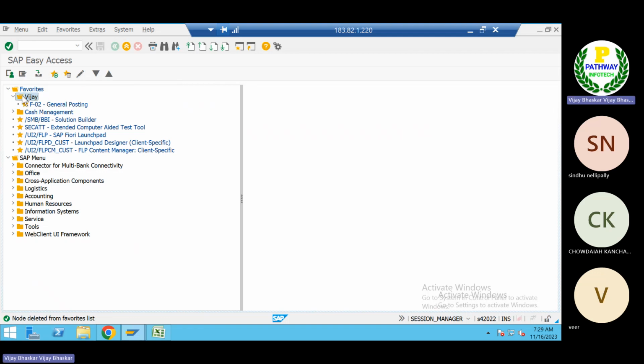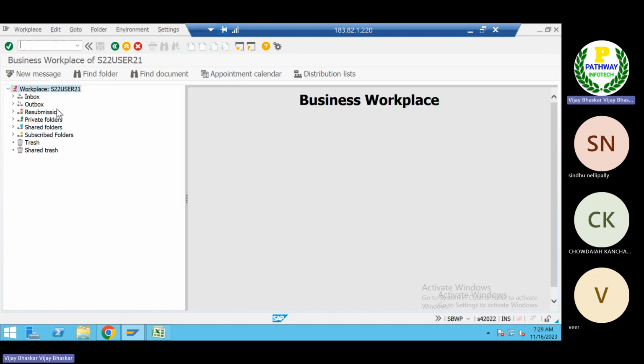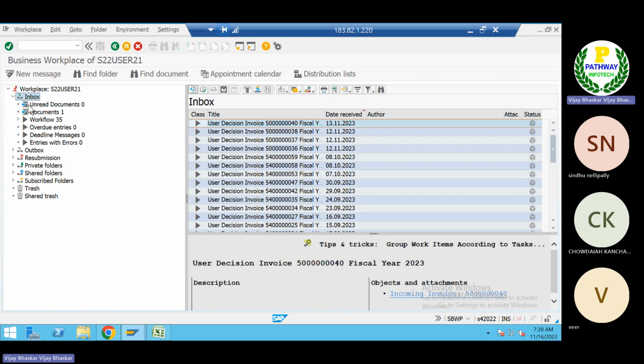Now within SAP also, there is a communication mechanism available. If you click on this one, SAP Business Workplace, this is the SAP inbox. This is the inbox dedicated to this user. Are there any communications within SAP? You can see here, these are the communications